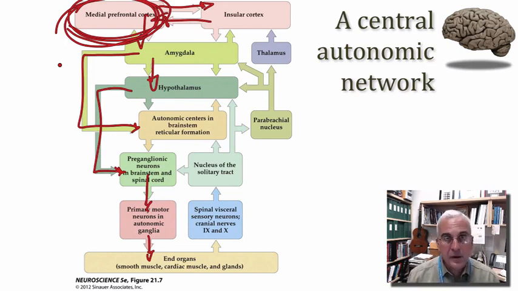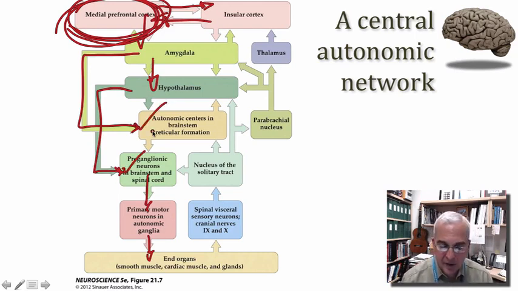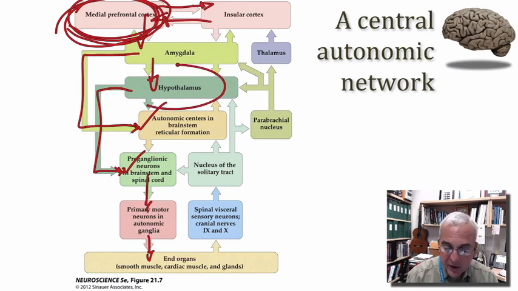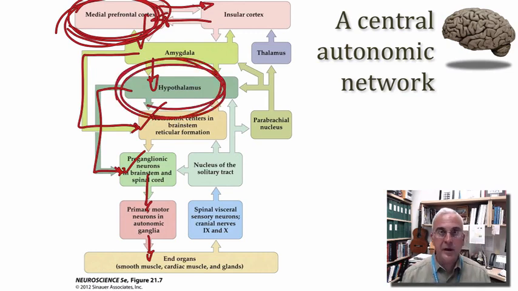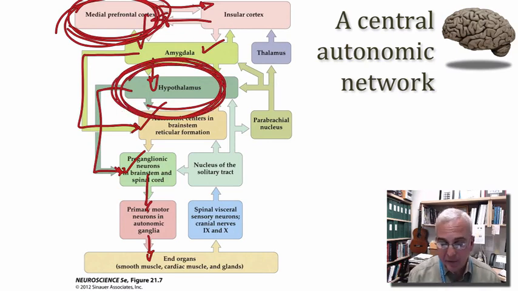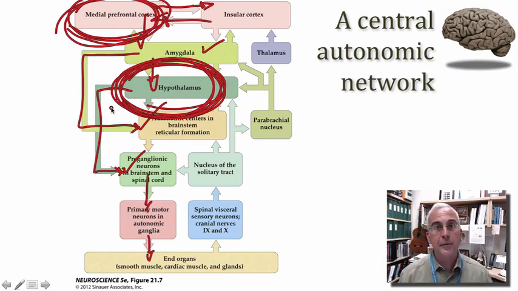Well, an important mediator then of activity from the level of the cortex to these brainstem effector systems in the reticular formation and then the preganglionics themselves is this part of the ventral diencephalon called the hypothalamus. The amygdala is important too, but we'll talk about that in a later session in the final unit of the course. I'd like to take a few minutes speaking with you about the hypothalamus